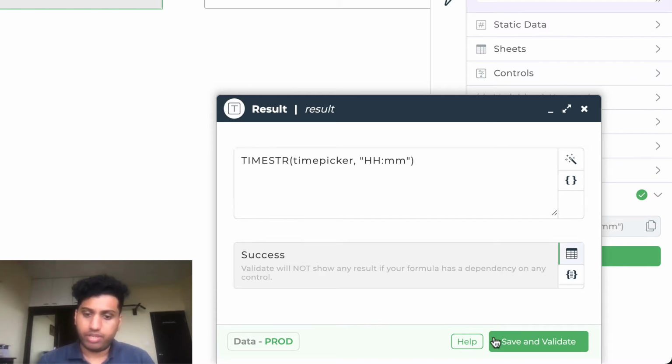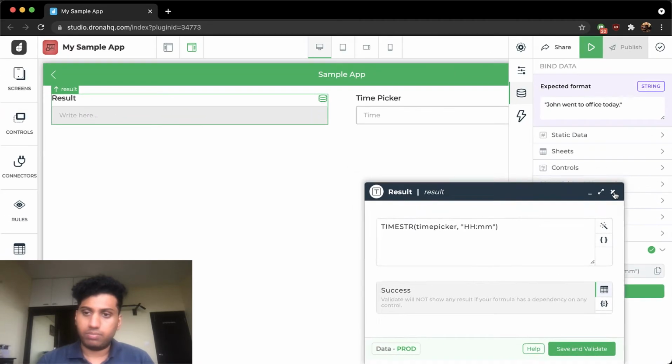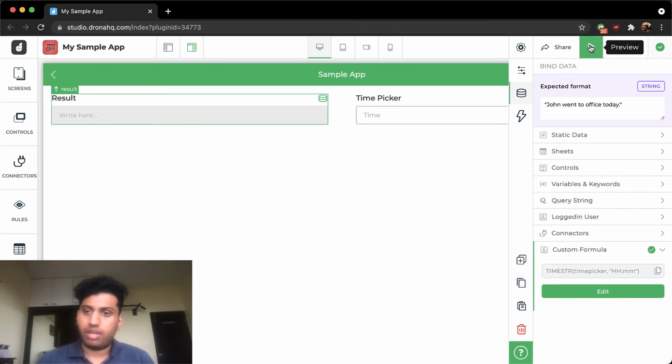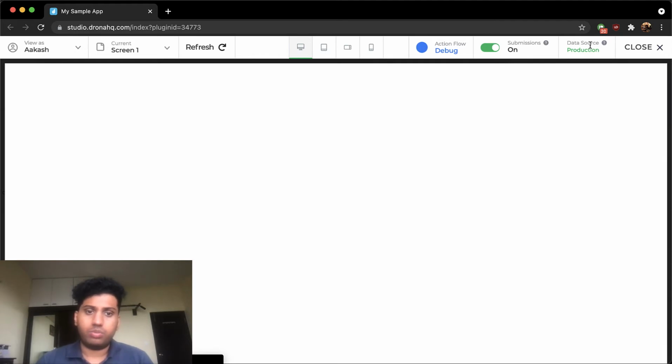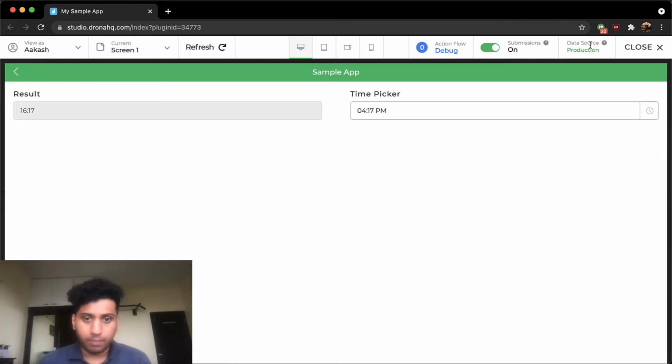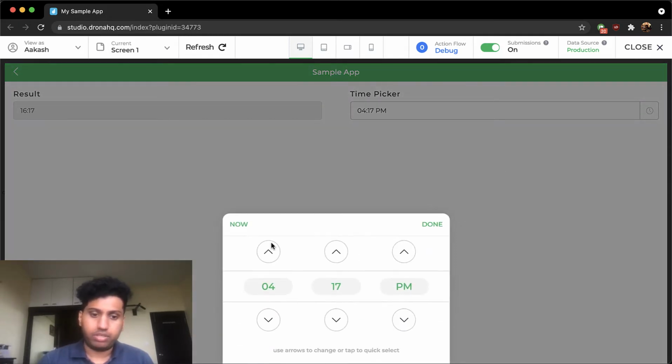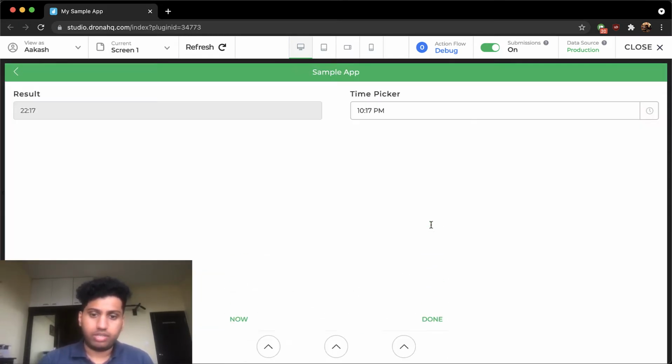Let me save and validate. Awesome. And if I preview it now, we should be getting something. So I can change the time over here from my time picker, and if I press done, you can see it shows the result in the hours and minutes format.